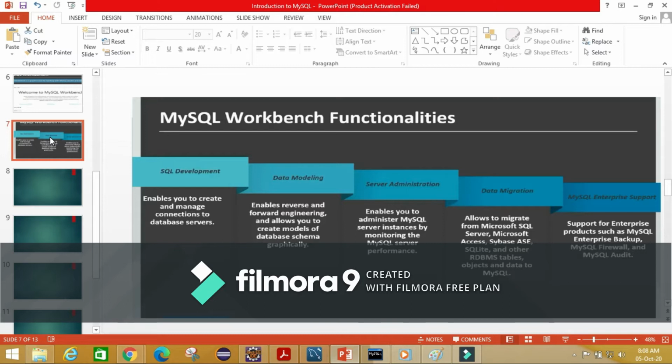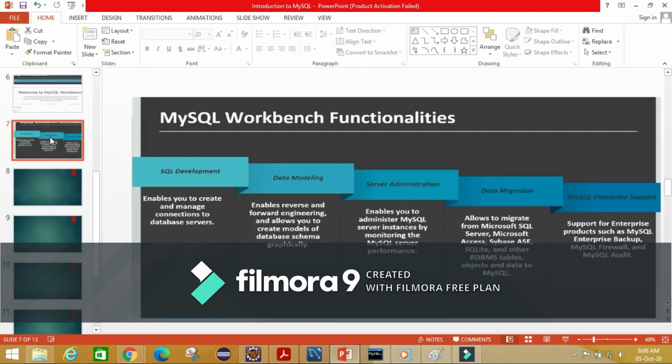And if we talk about data modeling, this functionality enables you to create models of your database schema graphically, perform reverse and forward engineering between a schema and a live database, and edit all the aspects of your database using the comprehensive table editor. Now come to server administration.